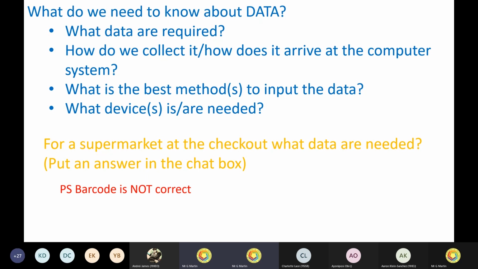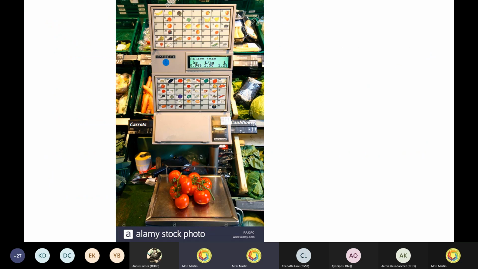Excellent, that's also correct. Price is interesting because, yes, price has got to be entered into the system, but it's not actually from the product itself. That is already stored within the system, and then the process will have to search for that price and input it from backing store. So that's good. Weight could also be there if you're buying fruit and veg, and we'll move on to that